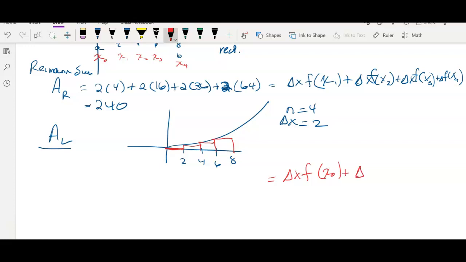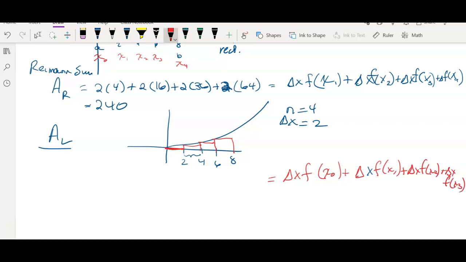All right, look at this rectangle. Right there. Isn't this the left side of the rectangle? The left side is touching the curve, not the right side. In the other one, the right side was touching the curve, not the left side. All right, so that's the idea. So it does change a little bit. In that we have x sub 1, delta x, and we're only going to go up to